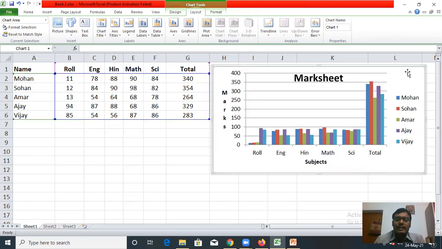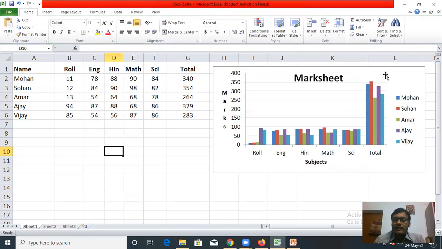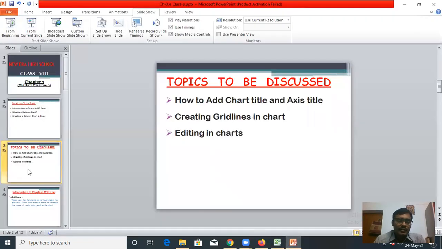Now how you can create grid lines? So first you have to select, these are the grid lines. In this chart you can see a grid line has been already created. This horizontal line is a grid line. Now what is the use of grid lines? You can see